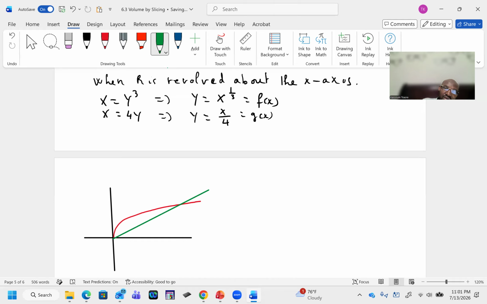So this is y is equal to x divided by 4. And the red one is y is equal to x to the power of 1/3. So do you see? Again, this is my